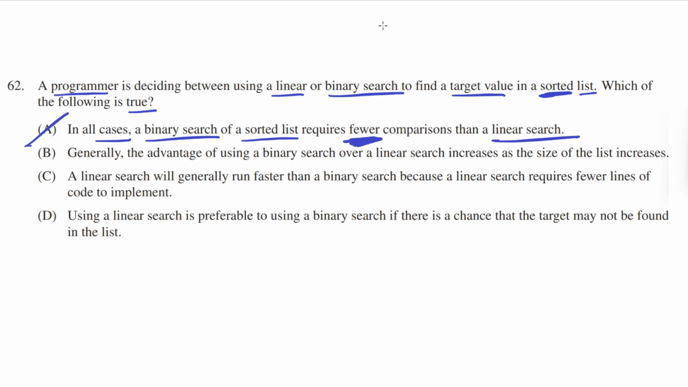For example, if we have a sorted list of 1, 2, 3, 4, and 5, and the target we want to find is the value 1, in a linear search, the search just goes from the first element till the last and just checks whether the element is equal to the target value. So in a linear search, it'll just start at 1, see that 1 is the target value, and just return that